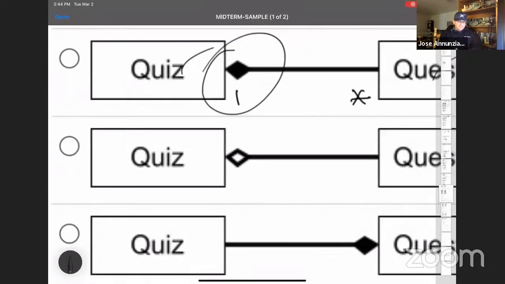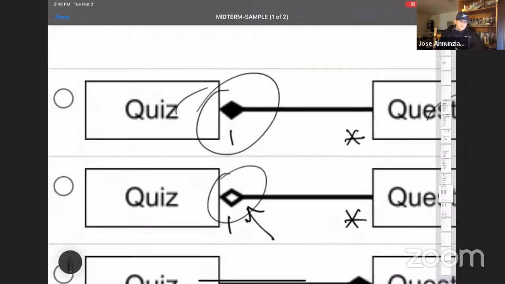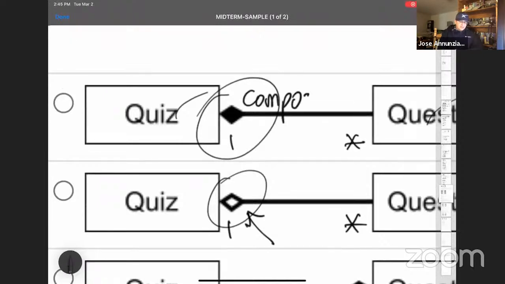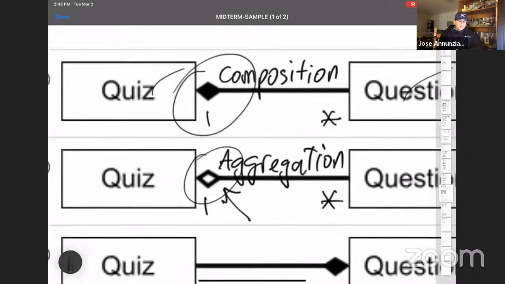Now this one over here, we do have the one-to-many, because an empty diamond also means a one-to-many relationship, with the one on the diamond side and the many on the non-diamond side. But this one breaks the life cycle dependency that we were looking for earlier. This is a composition, which looks like what we want, whereas this is an aggregation, right? And this says that there is no life